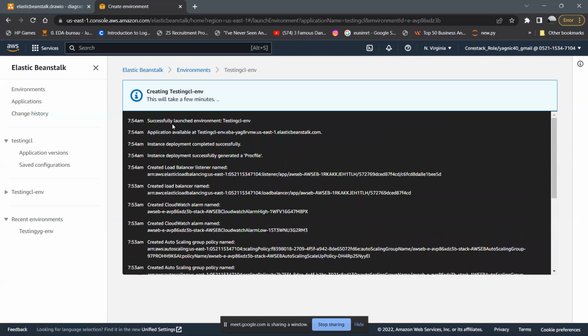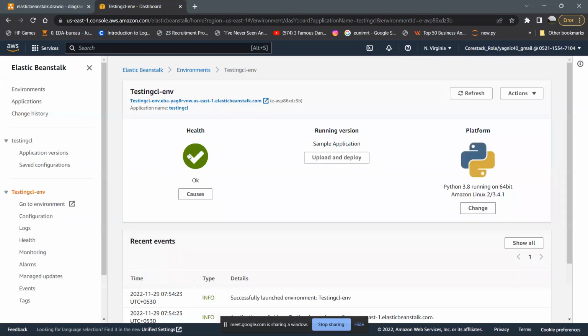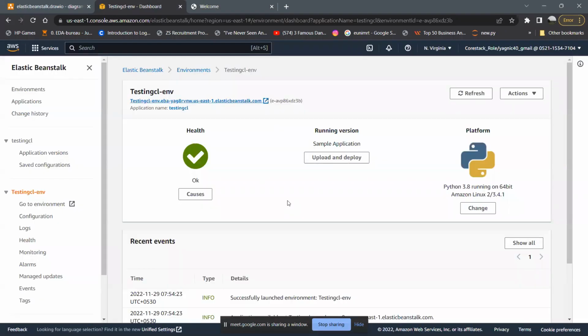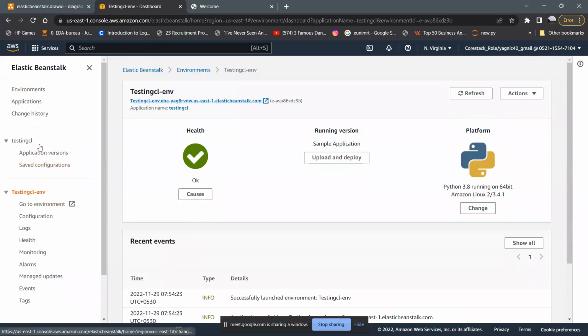So as we know, Elastic Beanstalk is platform as a service, right? So let's first just test if it is working. Yeah, it's working. So we have successfully launched the Elastic Beanstalk application. Now let's see the